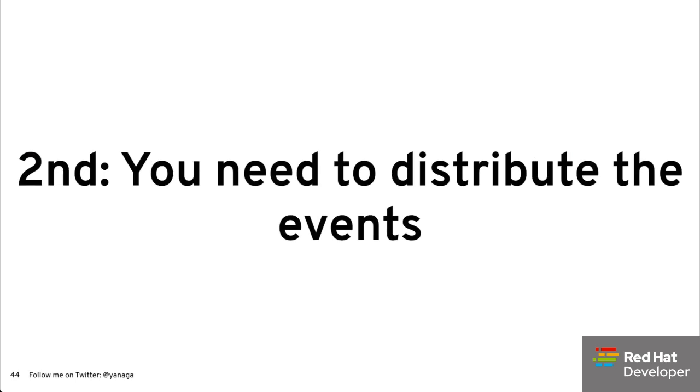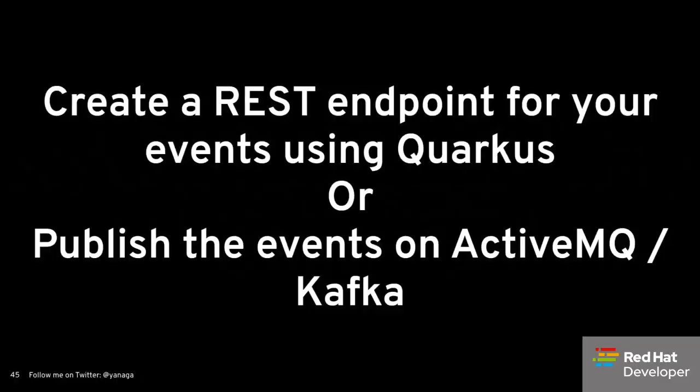And second step on our approach, you need to distribute the events. So regarding the possible solutions that I've presented before, how can I distribute the events in microservice architecture or distributed architecture? You can use two separate approaches. For example, you can create a REST endpoint for your event using Quarkus. You just create a REST endpoint, and your REST endpoints will propagate the data traditionally as you think of a REST endpoint, but these REST endpoints will also be able to retrieve the change events that happen over a